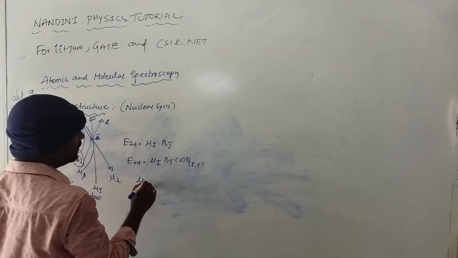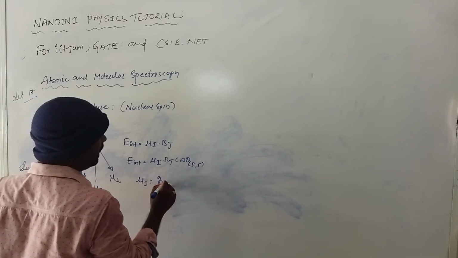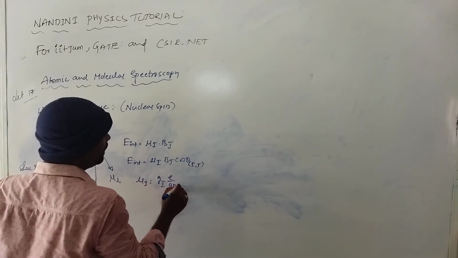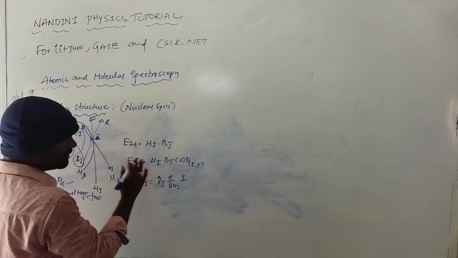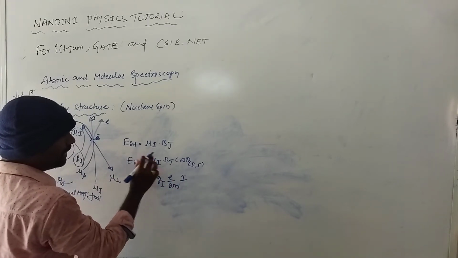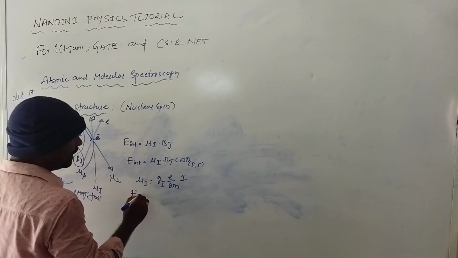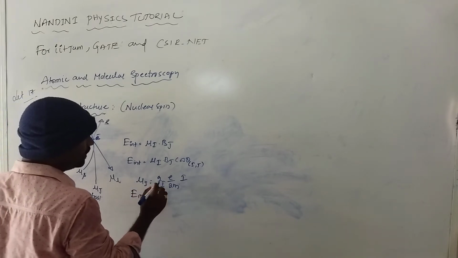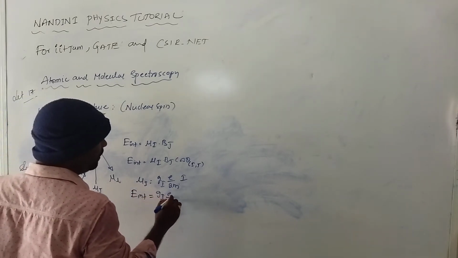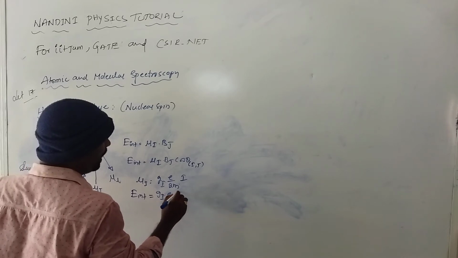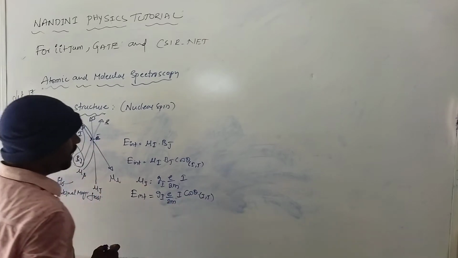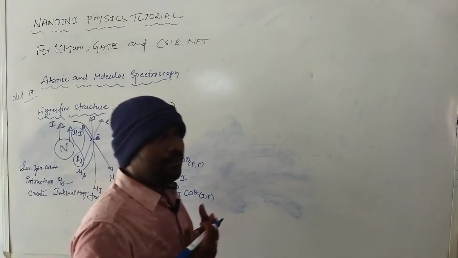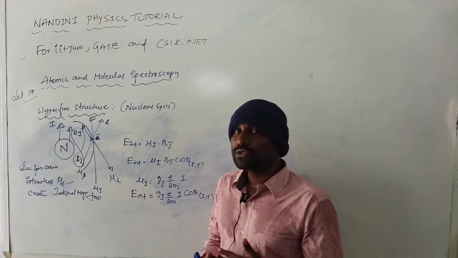Mu I is nothing but g I e by 2m into I. Therefore, you will substitute this mu I into the above equation, and you will get the interaction energy as g I e by 2m into I cos theta I J. Okay, and see, the same J value and same L values give